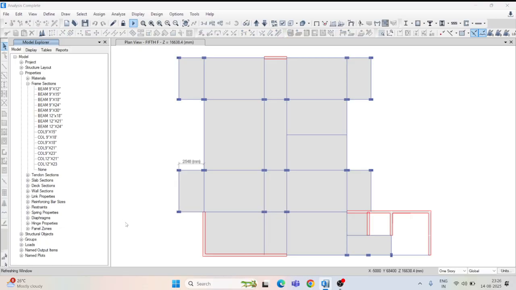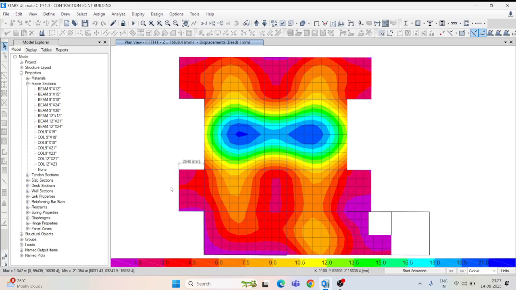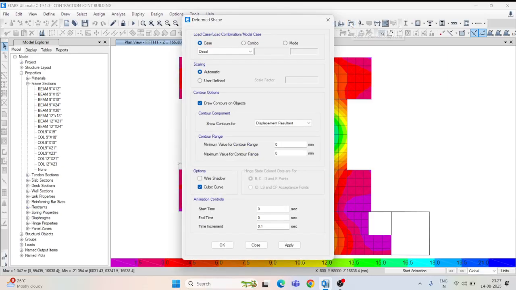So almost it's completed. Now we'll see the creep analysis deflections. Yes, just wait 1 minute. I think it's going to be completed. Yes, okay, just completed. Now go to show deformed shape, go to the combo, select dead load and live load, and apply, and you have to see how much deflection is getting.